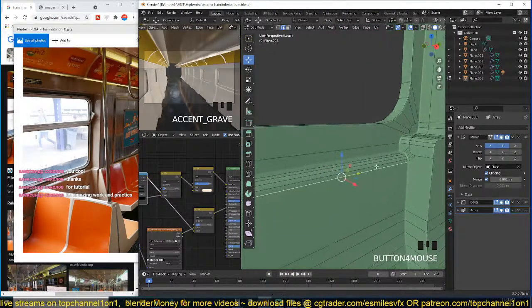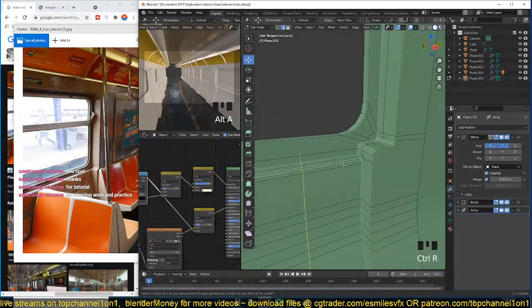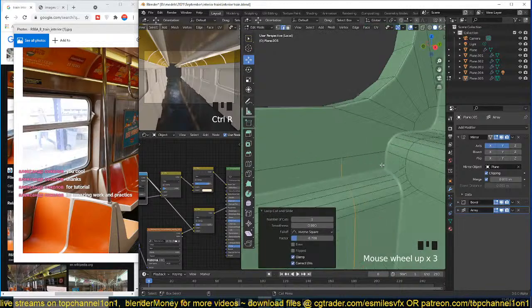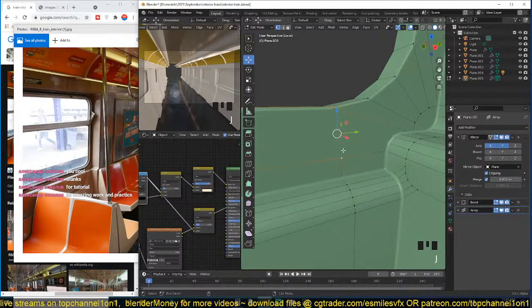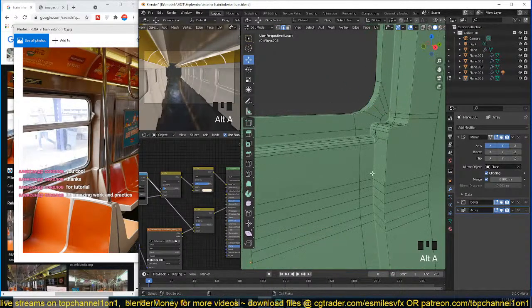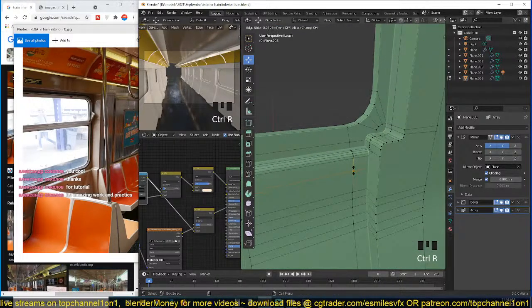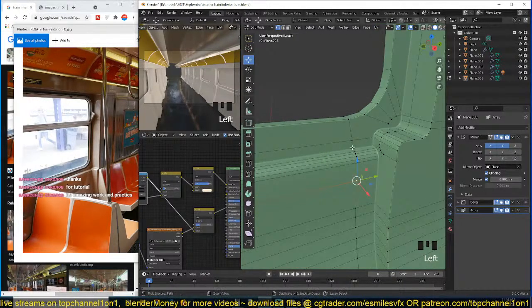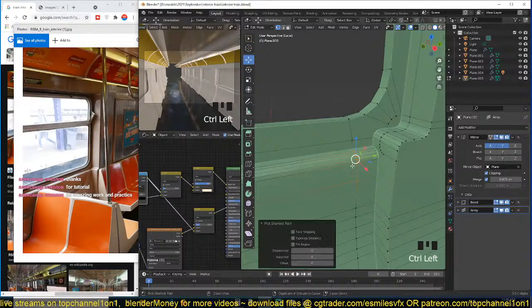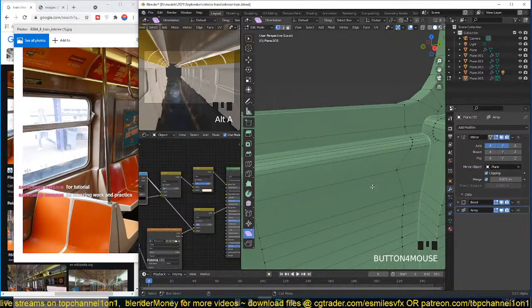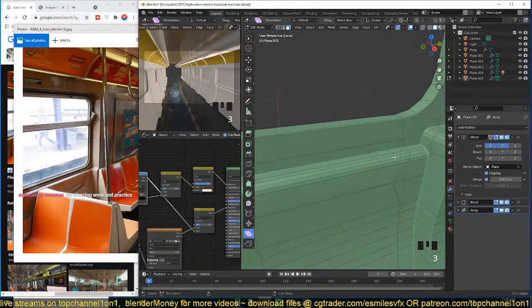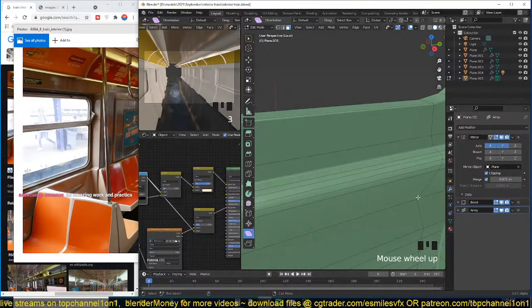If we want to add that in, all we have to do is add a loop somewhere here. I'm actually going to extend this there so that I can get rid of this. And maybe another loop here. I can grab this entire loop and use the shear tool to kind of bend it somewhere like that. Then I can,